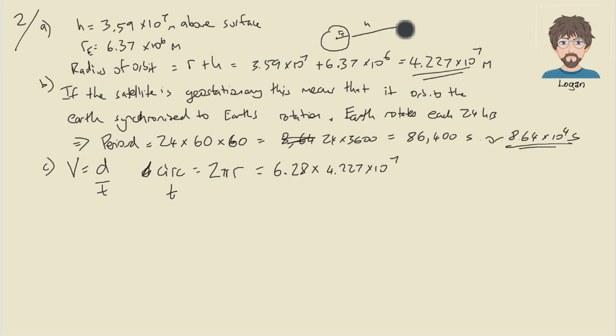And the time equals 1 period, which is 8.64 times 10 to the 4. So this is 6.28 times 4.227 times 10 to the 7, all divided by 8.64 times 10 to the 4, and it gives us